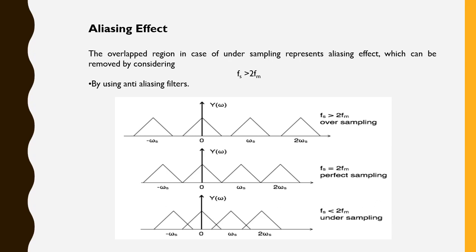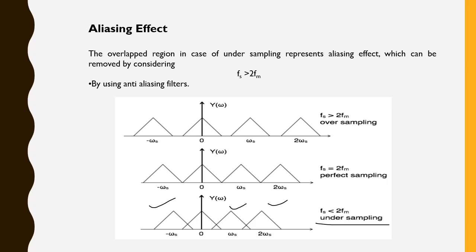Aliasing comes into the picture whenever I consider my sampling frequency to be less than twice that of fm. What happens is that the spectrum gets distorted, or it overlaps with the other sideband signals which are present, and we as signal processing engineers will be unable to differentiate